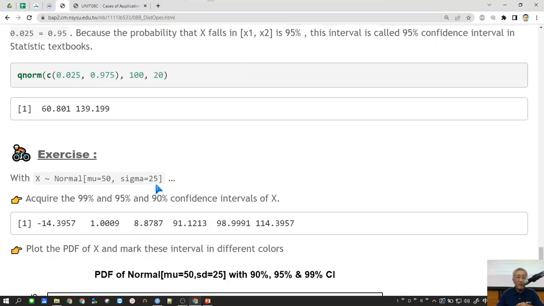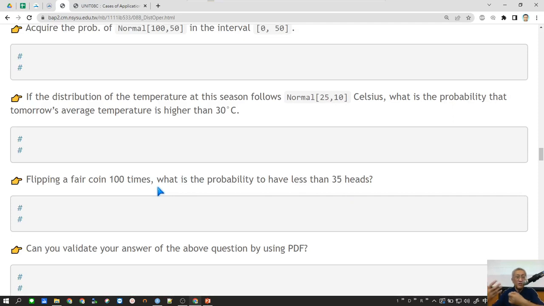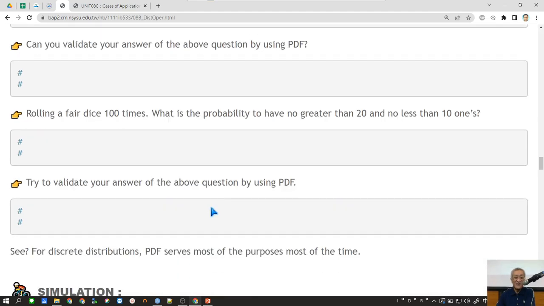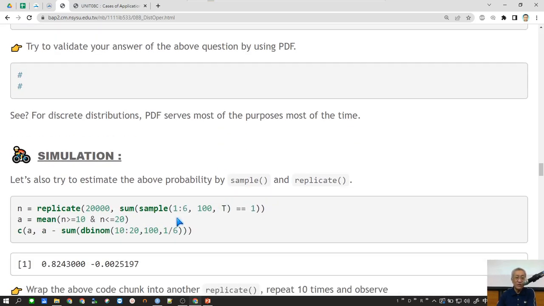Now we already covered the two most important functions, which is the D function for density and also the P function for probability. Okay, let's move on. Now the third function I want to introduce is actually